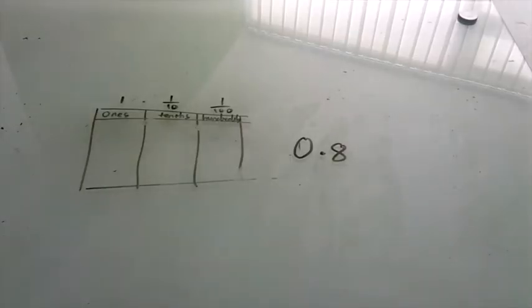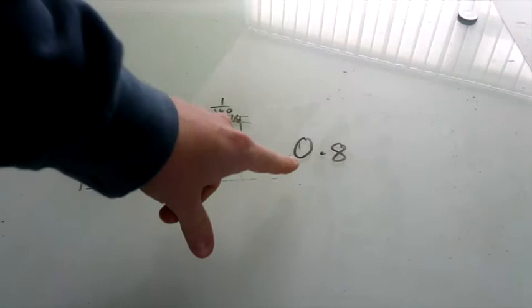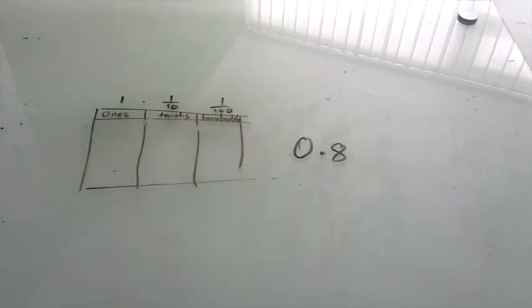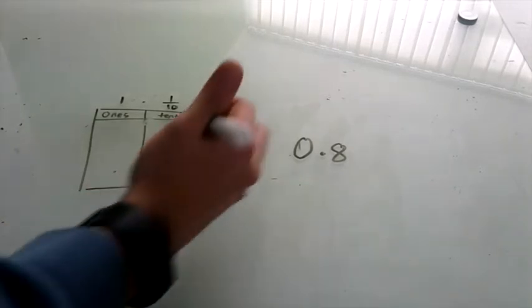So in this session we're going to look at converting decimals to fractions. Now let's have a look at this decimal. We've got 0.8. So what does that mean? Well, that means you've got 8